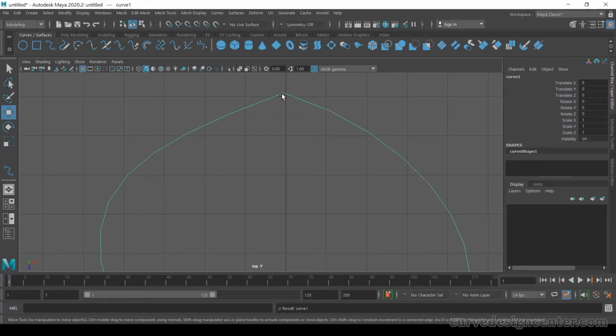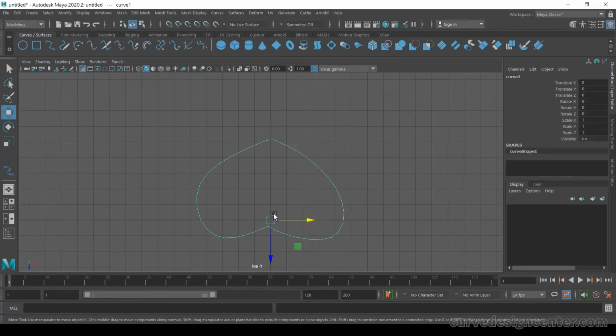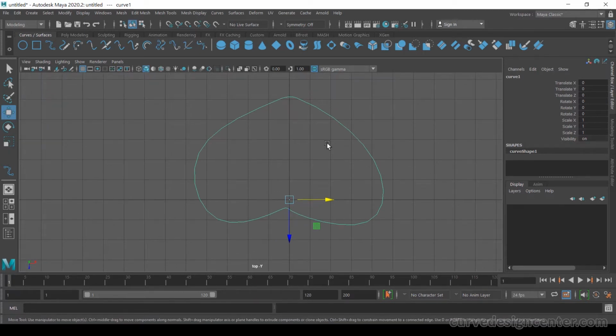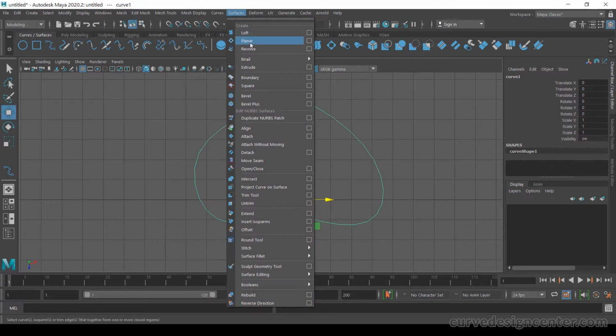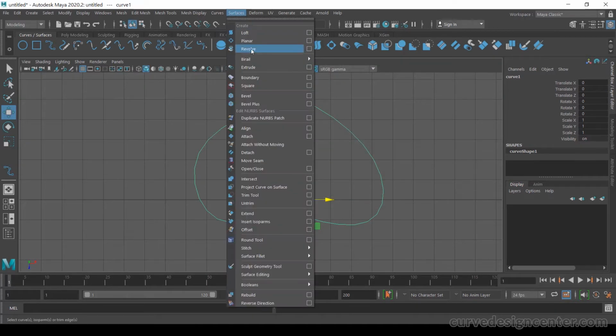And if you want to go to component mode, you can also use these buttons. This is for component mode, select vertices, and shift is for object mode. Okay, so I create a shape a little bit similar to a heart, and I want to convert this shape to planar. So I choose the surface planar tool. These are very basic settings related to smoothness. So I just apply from the menu.